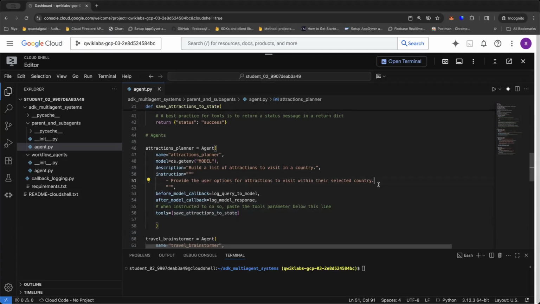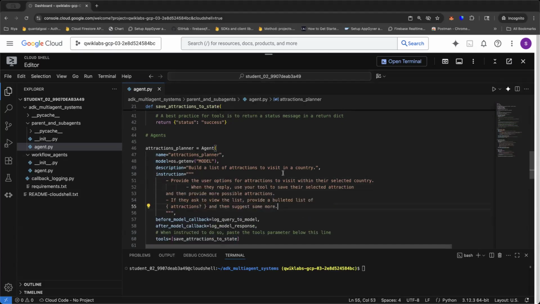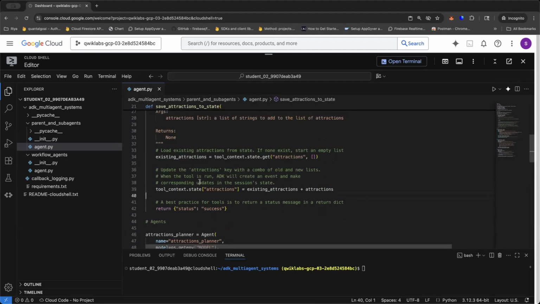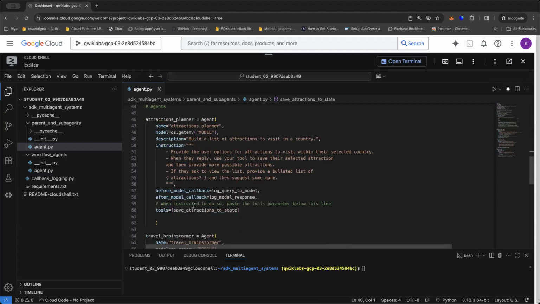There you go. So I'm going to add this instruction saying that when they reply, use your tool to save their selection, and if they ask to view the list, I'm going to add more instructions to it. So I made 3 changes. I added the session state. I also added the save, and then I added this instruction. And please note that you want to save it,